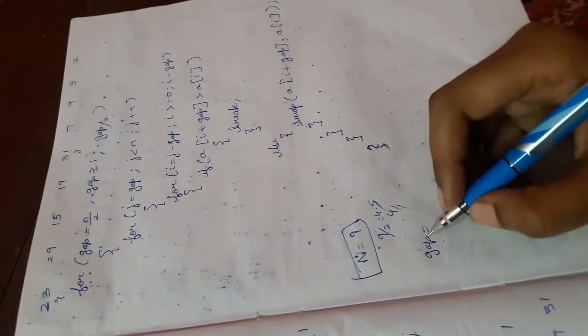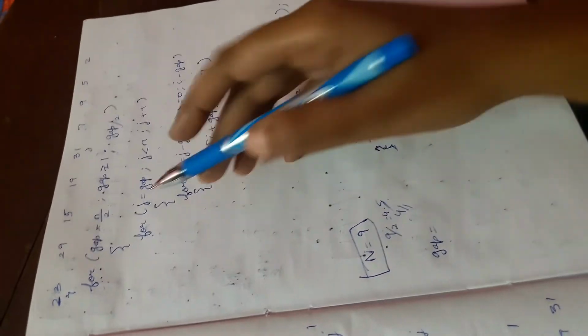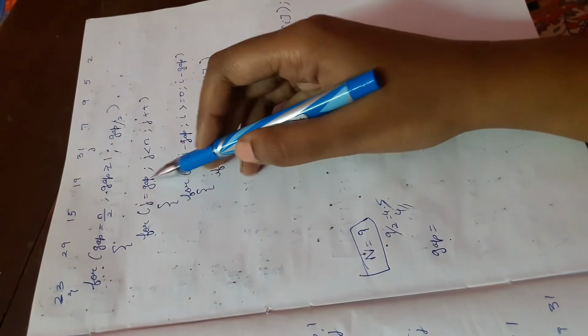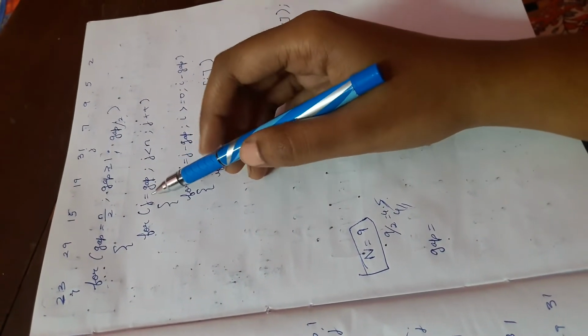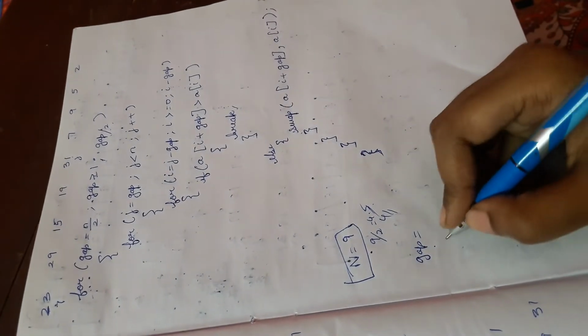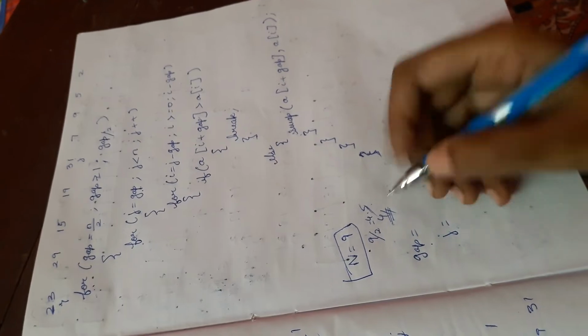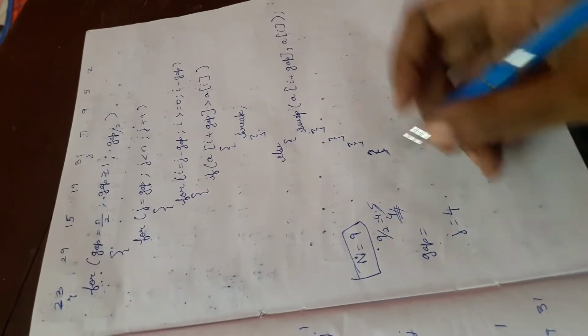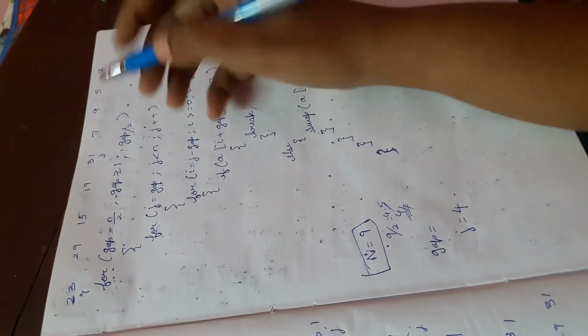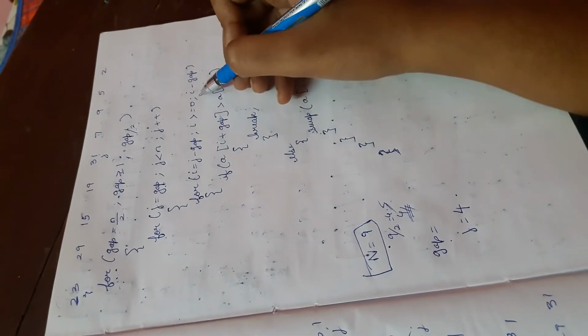Okay, so here gap is equal to, we are going to j is equal to gap. So what is the j is equal to gap? J value will be, so we have calculated the gap as 4, so j value will be 4. So I have written the j at this position. Now we are going to solve this loop.